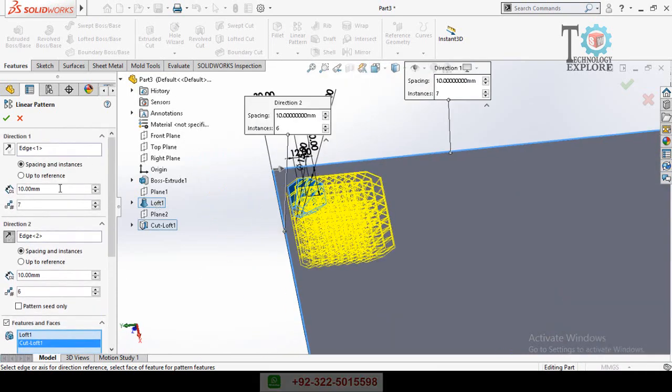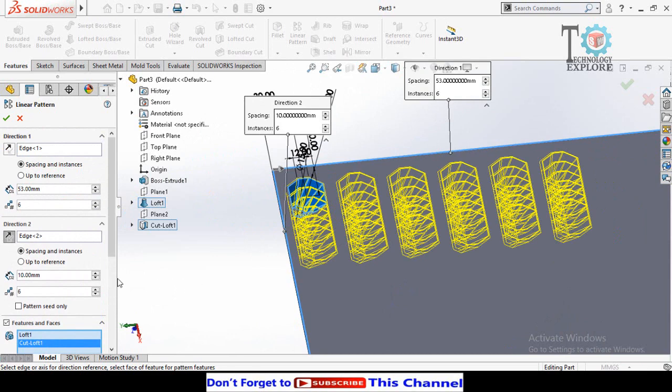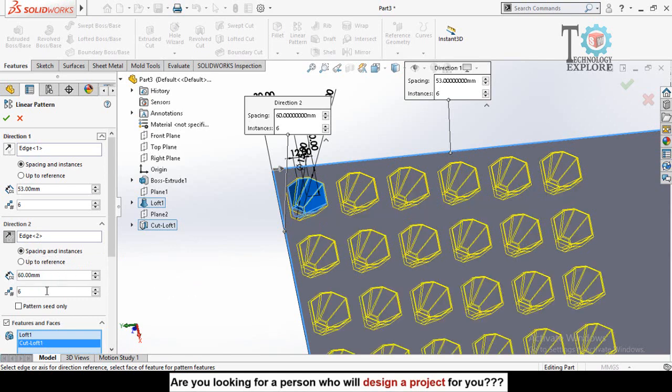So now for direction 1 the distance between instances is 53 millimeters and the quantity is 6. And for direction 2 the distance is 60 millimeter and quantity is 7.